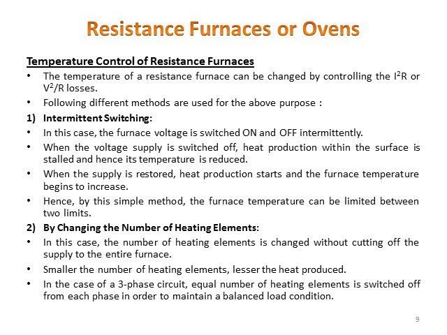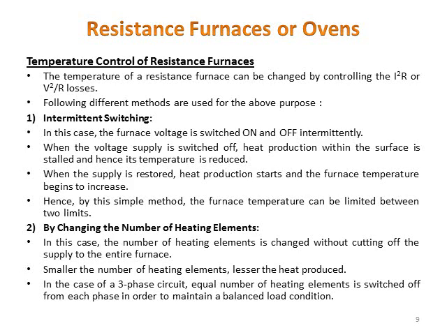So at one instance we are closing the switch, so heat will be generated in the heating element, and at another instance we are opening the switch, so the heat will be stalled in the furnace, so there is no heat produced. So this is the method of intermittent switching. So periodic switching we are using to control the heat of the furnace.